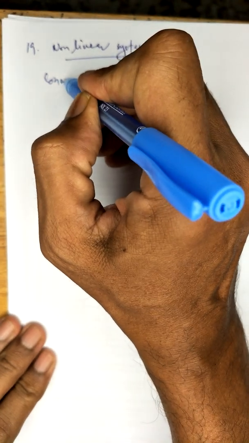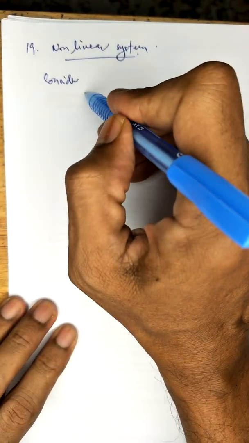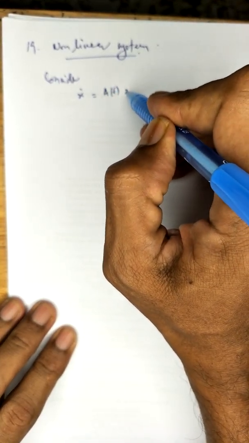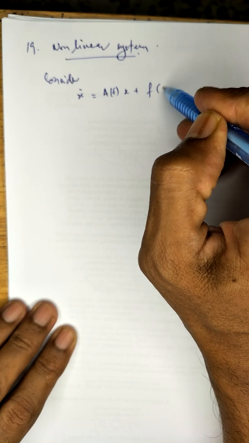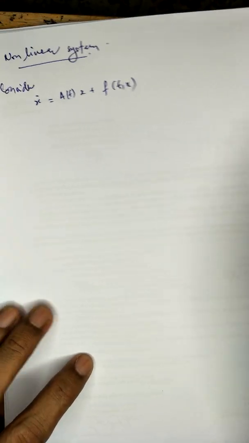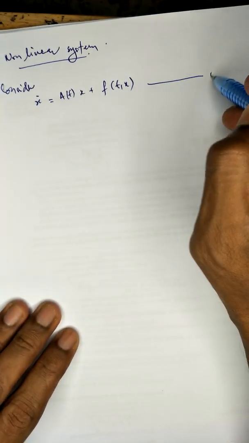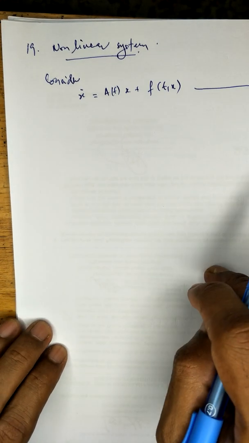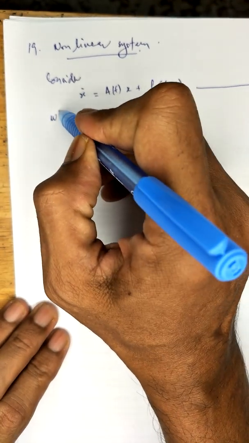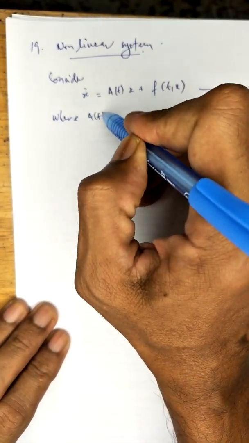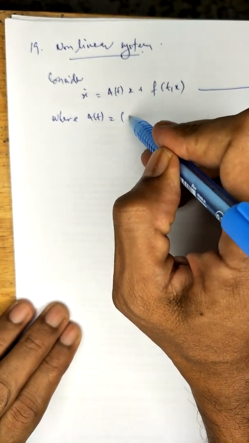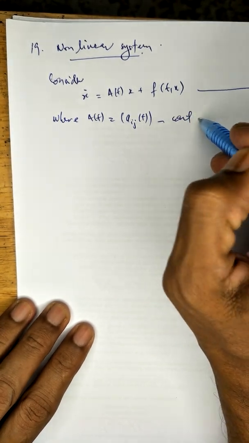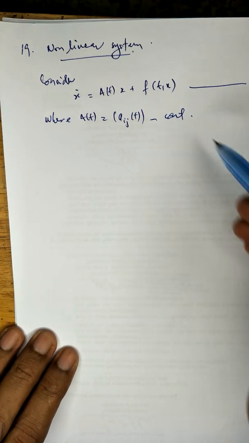Consider the nonlinear equation of the form x dot = A(t)x + f(t, x). In this video I'll call this equation number 1, where A(t), with elements a_ij(t), is continuous, an m by n matrix, and defined